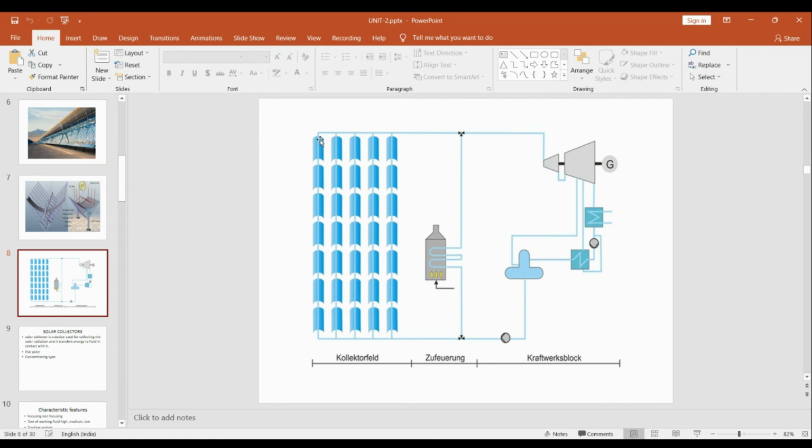Once the sun rays fall on the trough collector, the receiver will receive the heat from the radiation, and because of the radiation, the water flowing through the pipe will get heated, and because of that heat, steam will be generated,